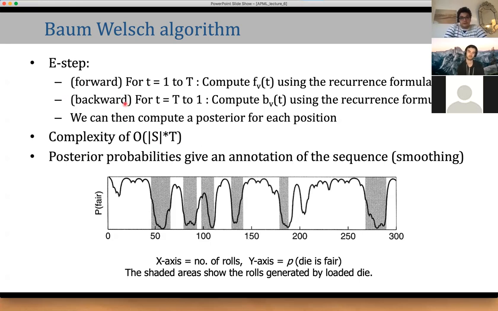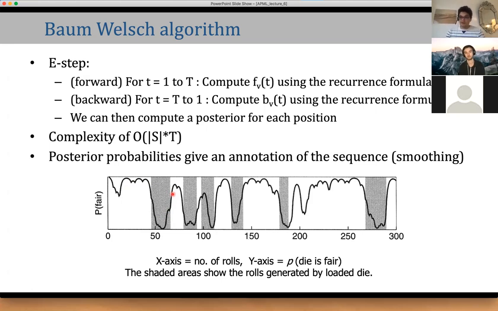If the model is structured enough, we have our posterior probabilities to get an annotation of the sequence. So we can do what we call smoothing, which you see is different. For each position, I represent it for the dice case. It's not like the Viterbi. For each position, it's the probability that we have a fair dice, given by position and integrated over all the other hidden states in the sequence. In the case of the Viterbi, we extracted the path which had the highest probability. And it's not the same.